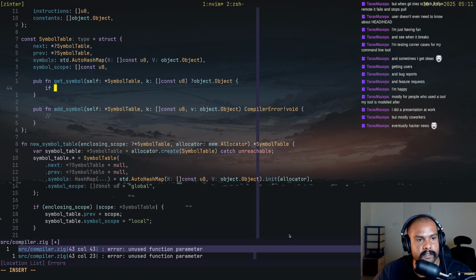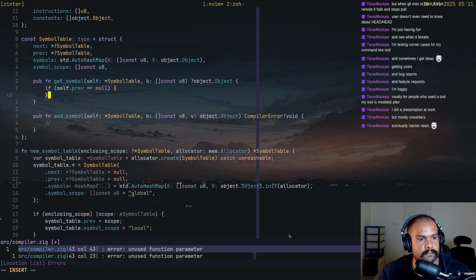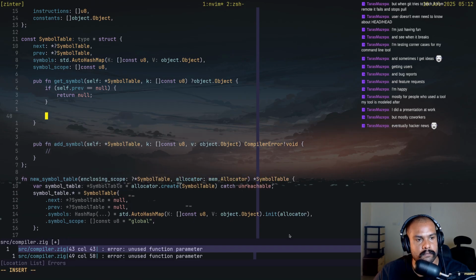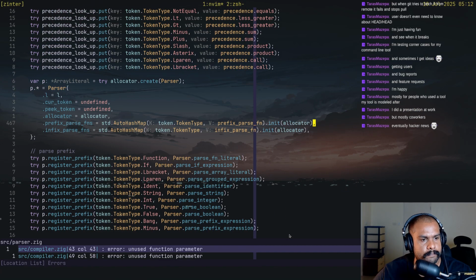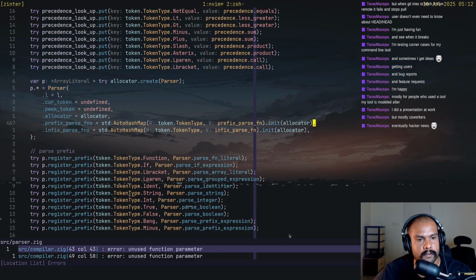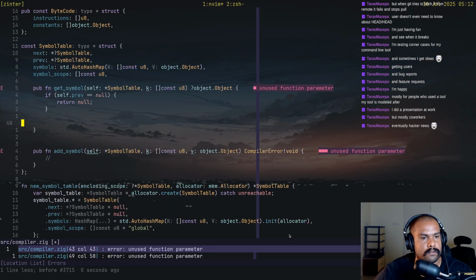And do some recursion here. What could go wrong? Self dot previous equal to none, return none. Parser. Oops. Let's just do